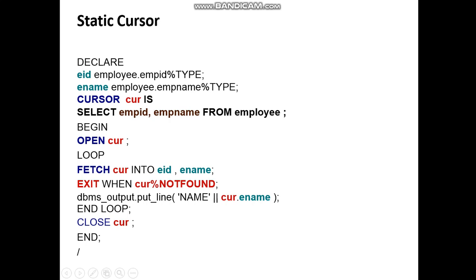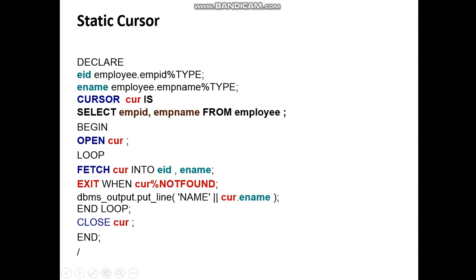Suppose 10 records, so 10 records will be initialized into this cursor, and then by applying a loop we fetch. One by one all the values will be fetched using fetch cursor into eid and ename. So emp id 101 name Rakesh will be fetched, emp id 102 name Mahesh will be fetched, like this.